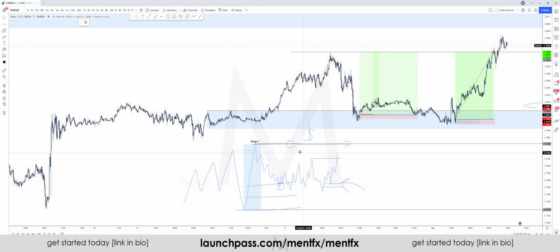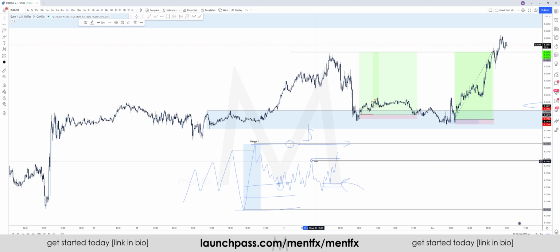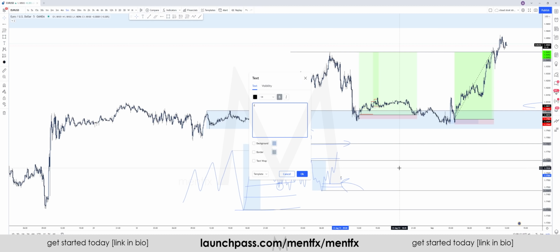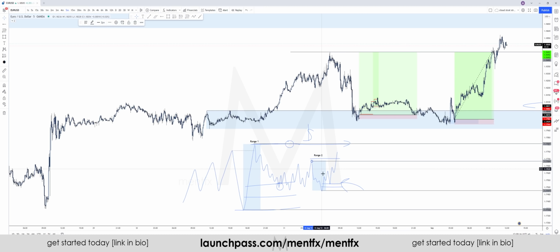But ultimately, let's get back to this, right? So you have your range one, and at the same time, you have another range being developed at the same time, right? So what I mean by that is inside of that range, you also have other ranges being developed. So this would be considered the range two of this entire move,